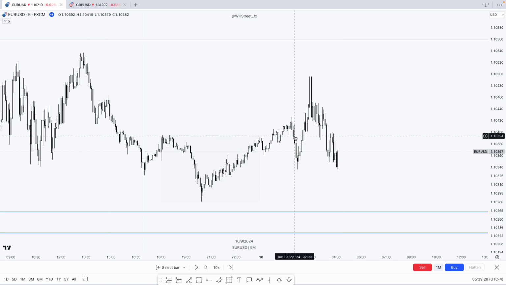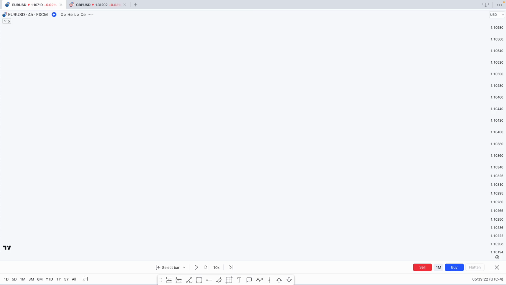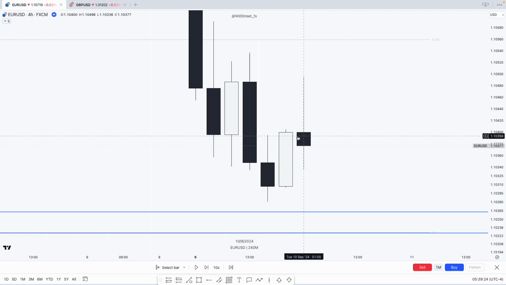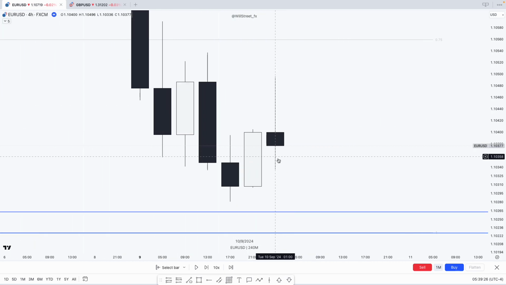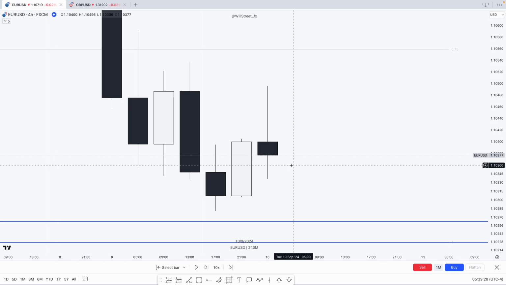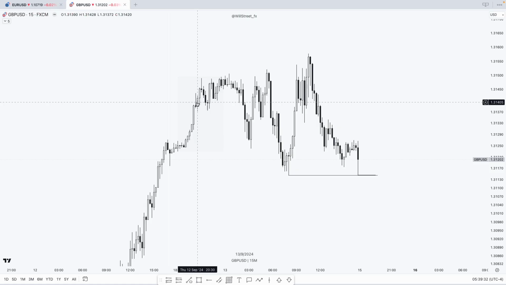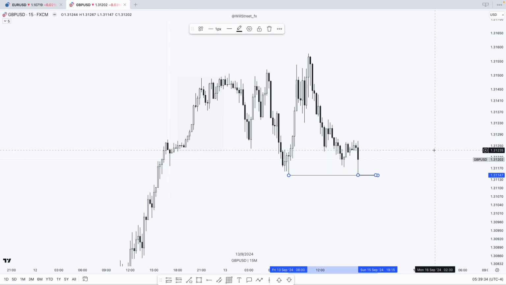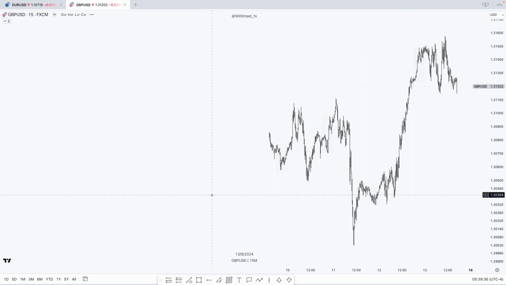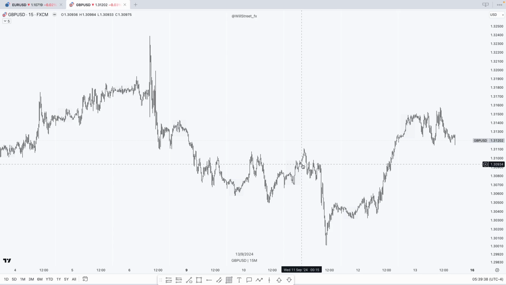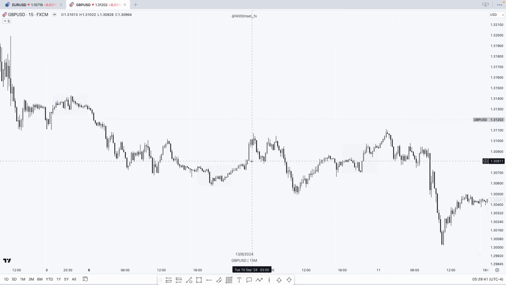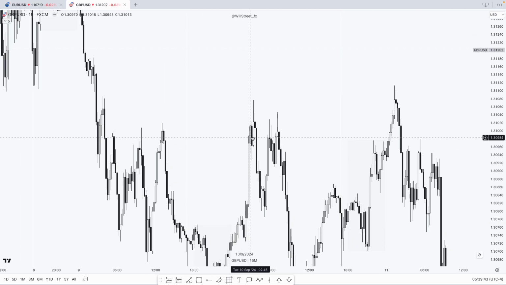Here again we have another time-based entry model in play. So look at the 1 a.m. candle, which is London. I'm not sure if we have SMT here with you. Let me see really quick. Yes. So here we have another